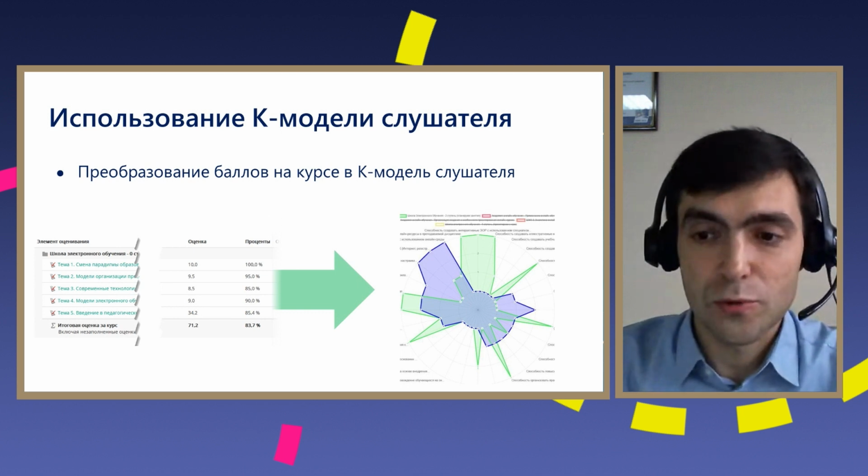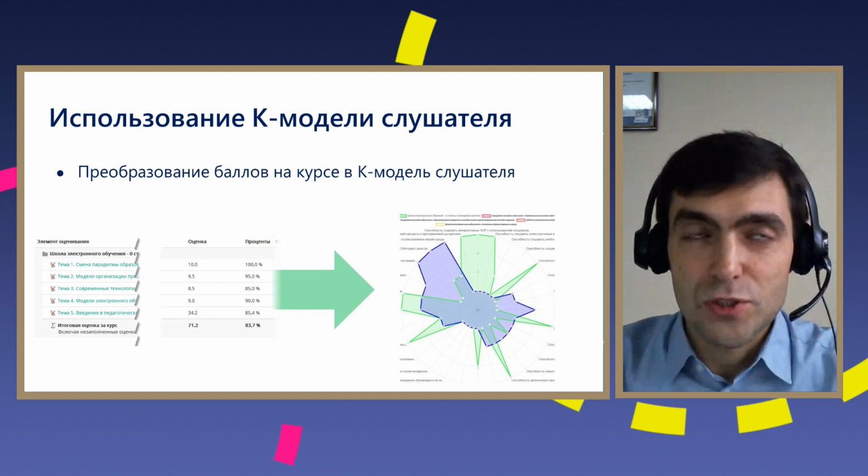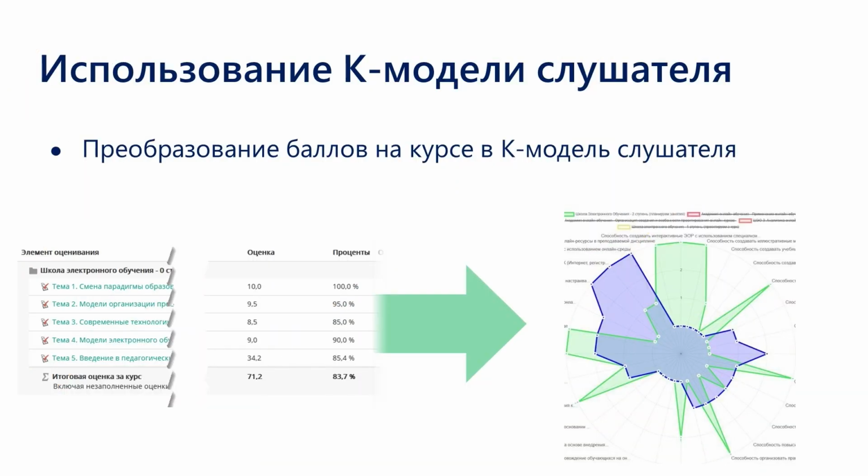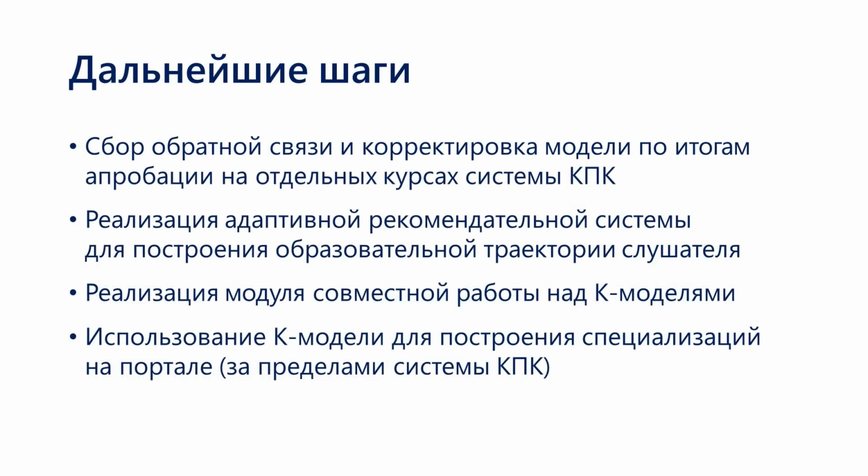The next slide. As I already said, because we are setting a link between the course attributes to be evaluated and the competence levels, the points earned by the learner turn into dots on this competence model. And it appears that even though the user may not have graduated from a course, they will still have accumulated some values, some data points for their competence-based model. It can all be immediately used by us to offer this learner some additional information. So the next slide shows the next steps